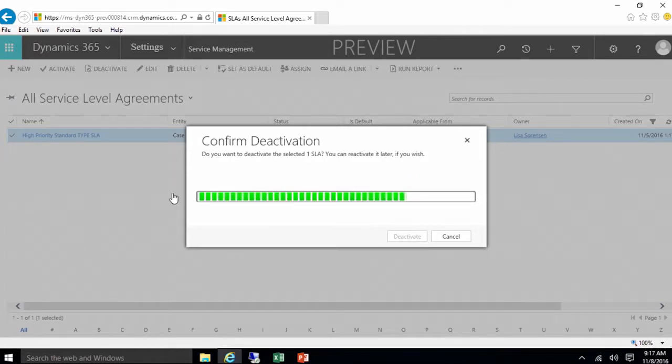As we talked about, very similar to some of the other functionalities within Dynamics 365, you have to be able to go in and activate certain functionalities and deactivate certain functionalities to be able to edit them, make revisions to them, or actually make sure that they're going to be triggered. So once we deactivate this, we'll walk through the steps of creating a new